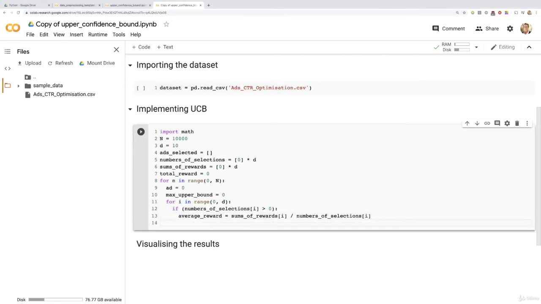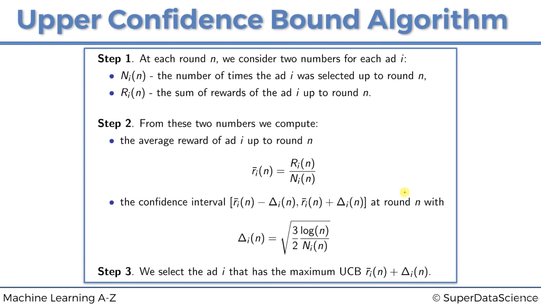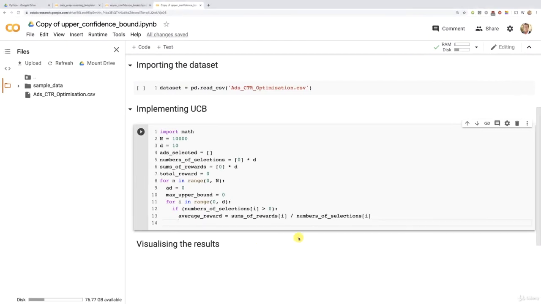Then, next step. The next step is to get the confidence interval. And more specifically, we're going to get that value. So right now, we're going to compute this value here. All right, so let's simply call it delta_i, as a new variable, delta_i equals,